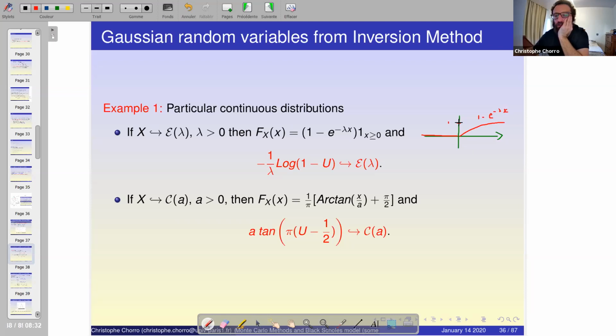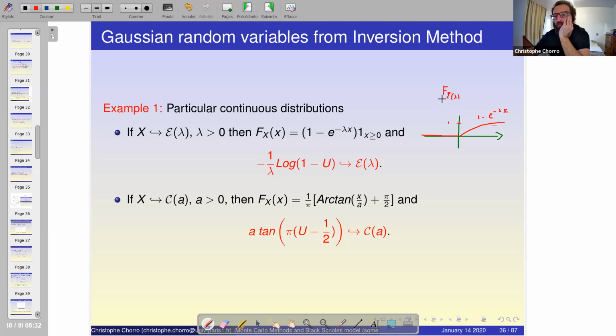So this is the distribution function F of an exponential of parameter lambda. Here it is constant and here it is strictly increasing, so we are in the situation where the generalized inverse coincides with the bijection, the reciprocal